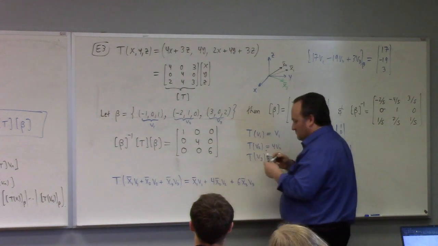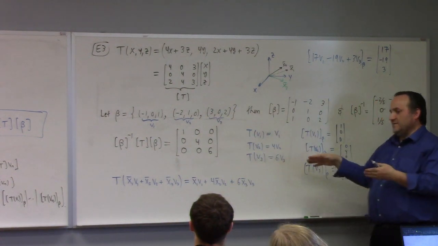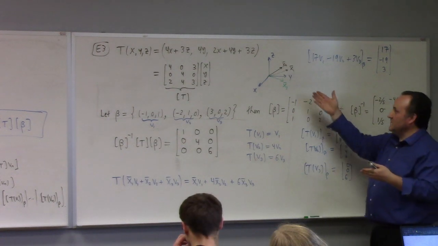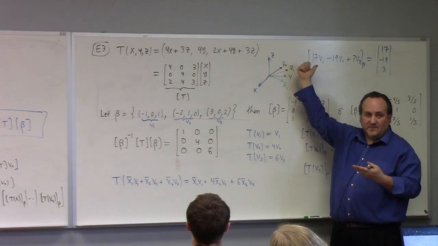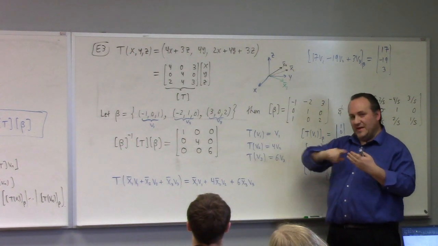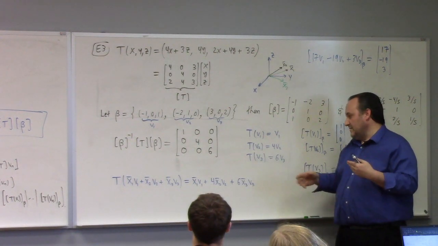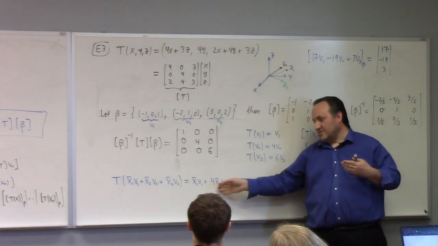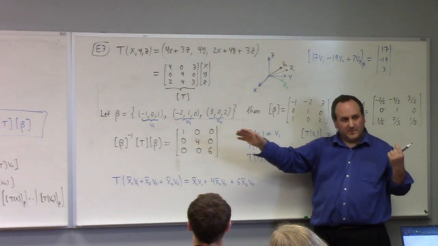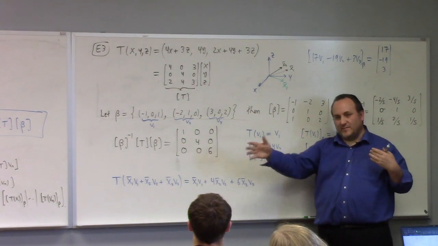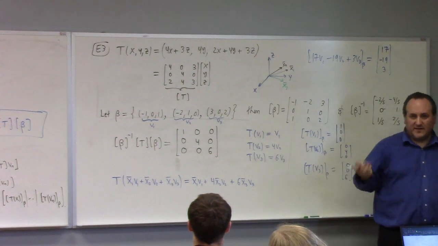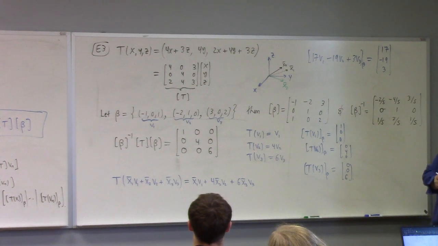My point is, this transformation leaves vectors in the x bar 1 direction unfazed, right? It just maintains those. And vectors that are in the V2 direction, it rescales them by 4, right? Vectors that are in the V3 direction, it rescales by 6, and it does some kind of linear combination of those three things anywhere else. This thing that just happened here,